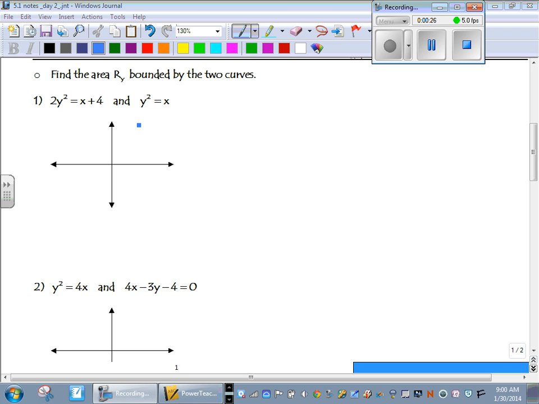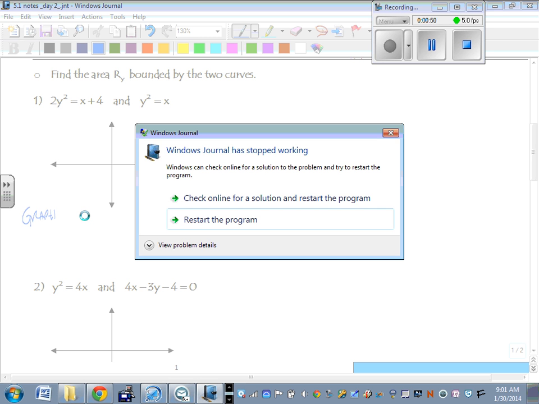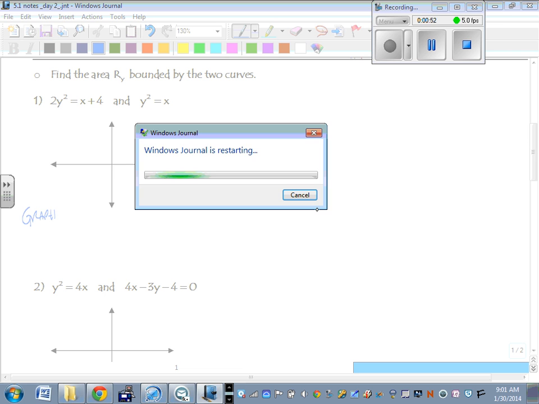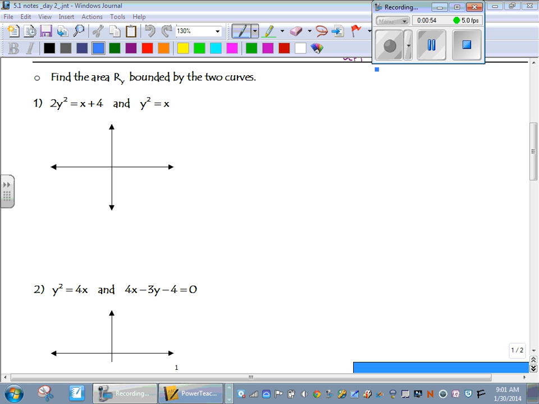represent two graphs. Now, in order to graph them, we're going to use our calculator to help us, and we need to solve these for y. So we want this to be y equals, but this is only for the graphing purposes. The rest of this, setting up the integral, we're actually going to have to solve for x. But for the graph part, alright, so for the graph,